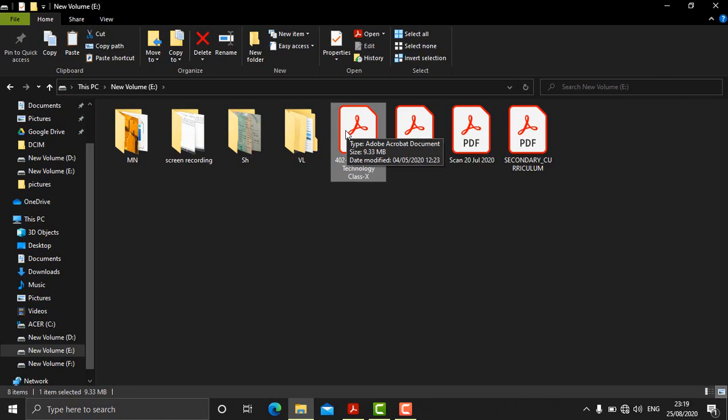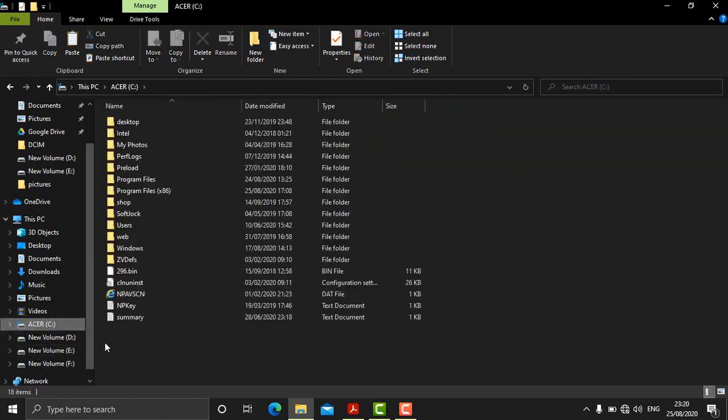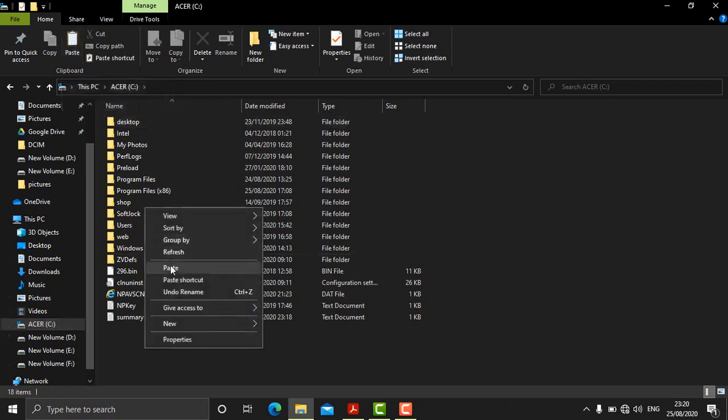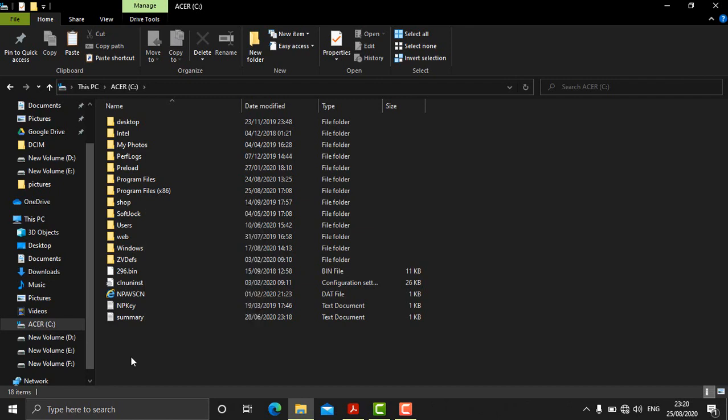The file is copied, and after copying the file you are supposed to go to the new place where you want to paste it. The place can be the same drive in a different folder or a new drive, say for example C drive. I want to paste it here. For pasting also several methods are there. Click on paste option from clipboard group, or right click, click on paste, or you can use keyboard, that is Control V from the keyboard. So press Control key and V key,